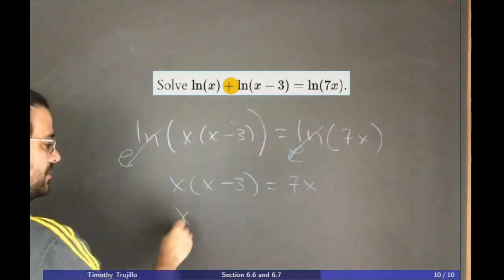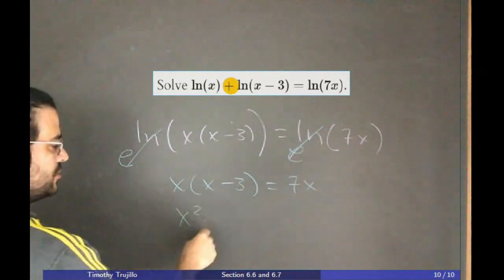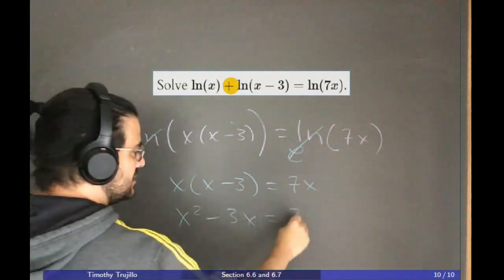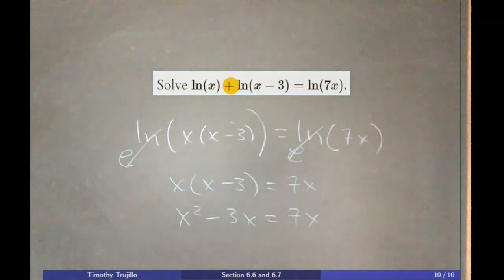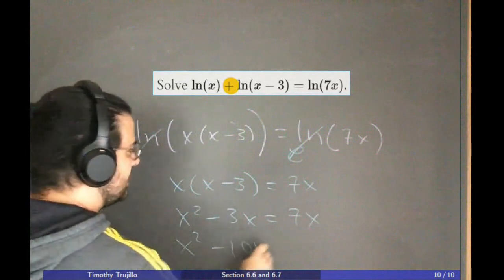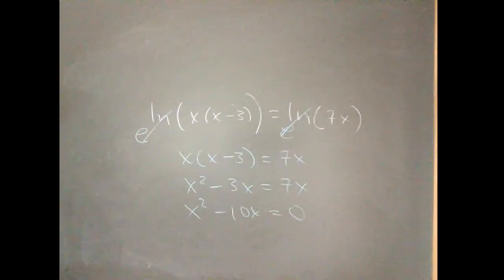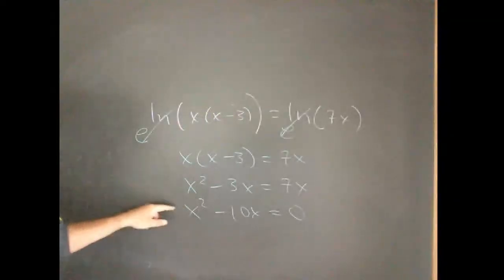Okay, so this is a quadratic. We should move everything to one side of the equation, but let's distribute first. So x squared minus 3x is equal to 7x. You subtract the 7x from both sides of the equation. x squared minus 10x is equal to 0. And now we've moved everything to one side of this equation, right? And again, the goal was to get rid of the logarithms. So now we're on to this